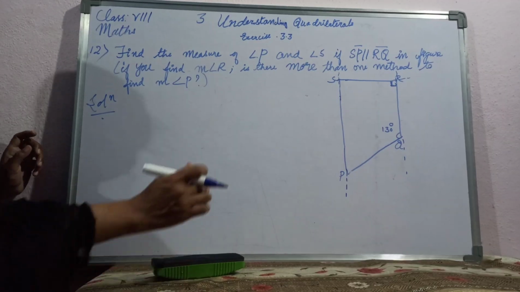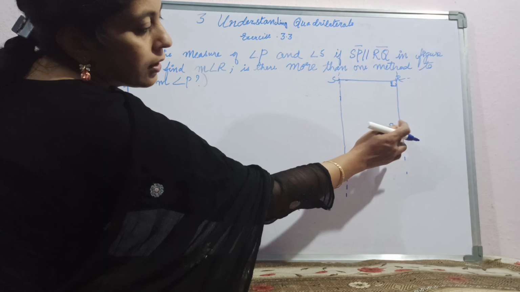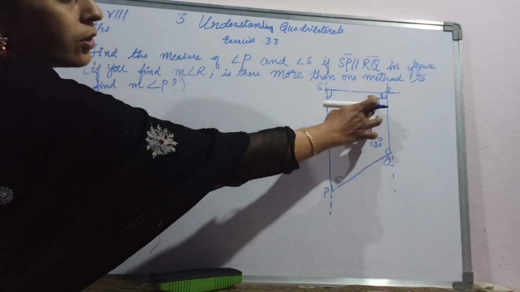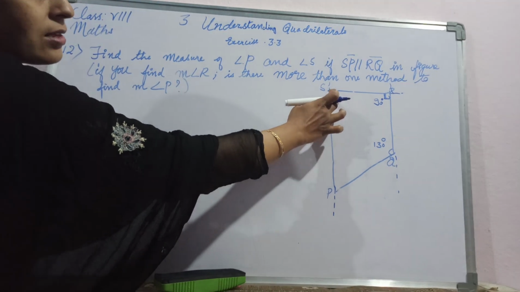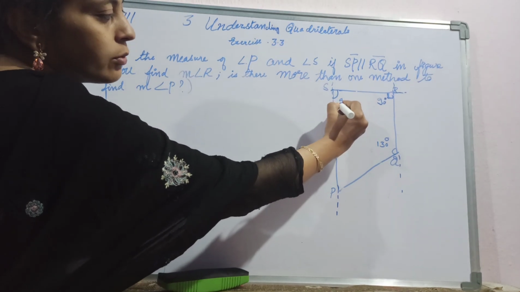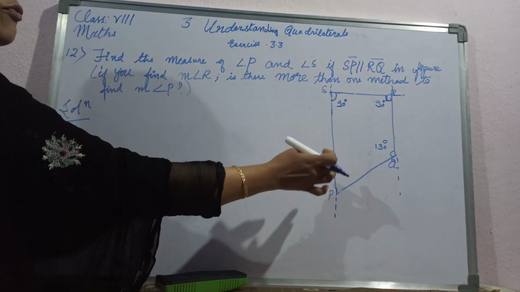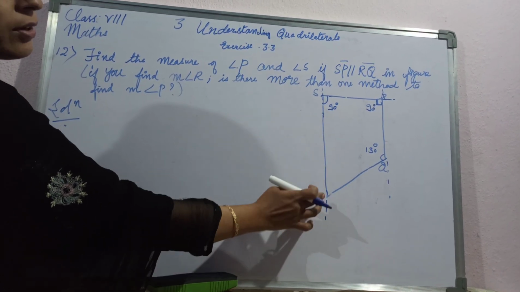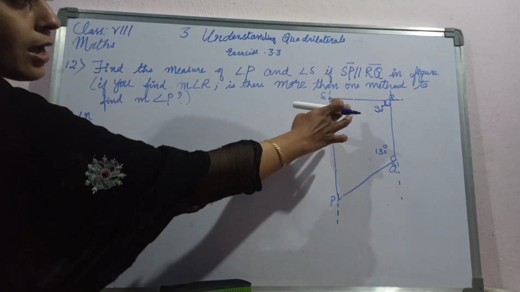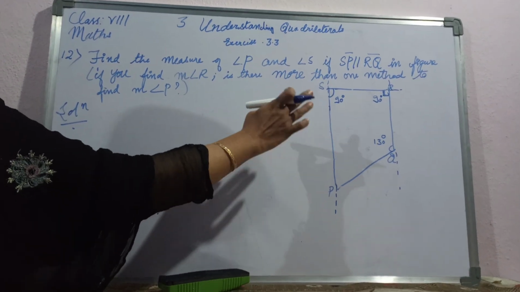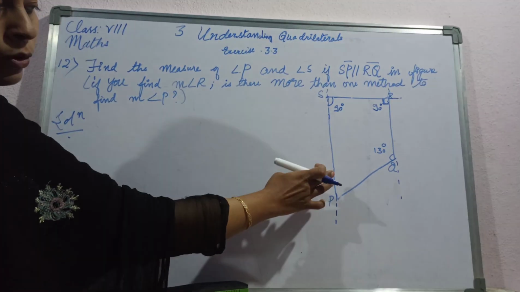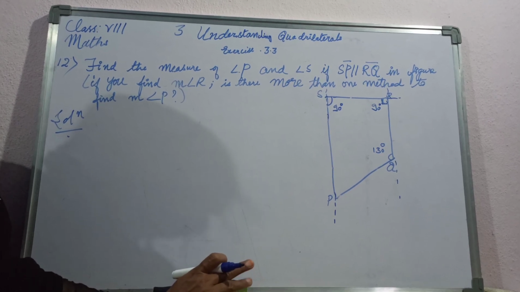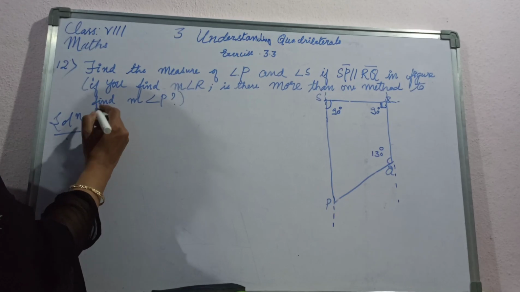Now as you can see, measure of angle Q is already known. Measure of angle R, as we know, is equal to 90 degrees, and measure of angle S, as we found just now, is also equal to 90 degrees. We need to find the measure of angle P. Of course we have found the measure of angle P, but the other way we are supposed to find, let us see, can we find. So as you can see, being a quadrilateral, three of the angles are known, one of the angles is unknown. Using the angle sum property of the quadrilateral, we can find out measure of angle P.